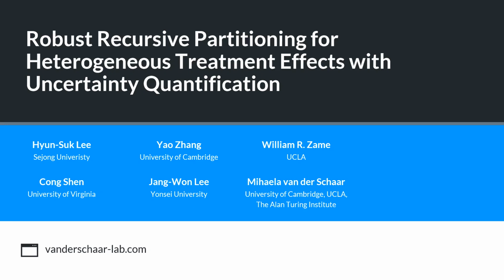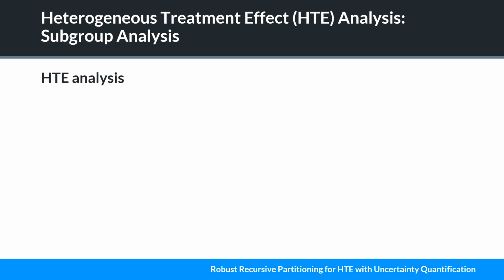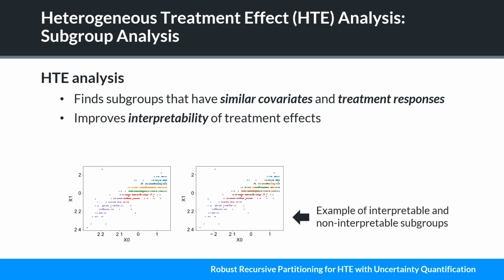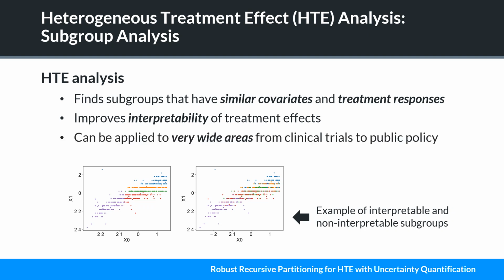Hi, I am delighted to present our project Robust Recursive Partitioning for Heterogeneous Treatment Effects with Uncertainty Quantification. We develop a heterogeneous treatment effect analysis method to find subgroups that consist of subjects who have similar covariates and treatment responses. The identification of subgroups is important because it improves the interpretation of treatment effects, which makes it possible to develop more effective treatments and to improve the design of further experiments in very wide areas from clinical trials